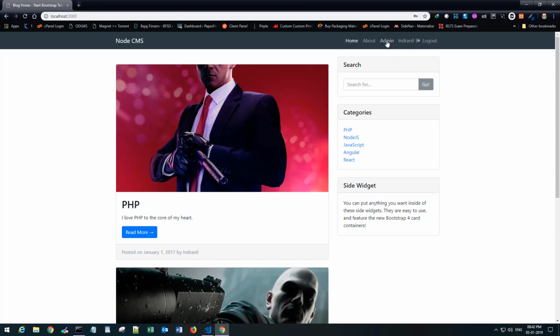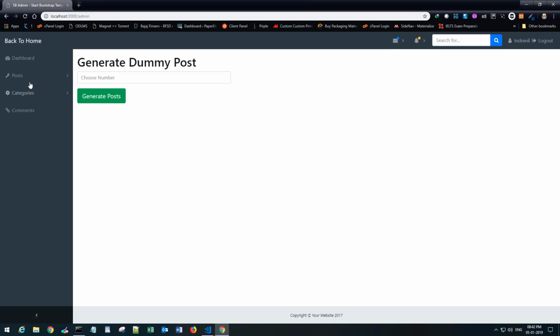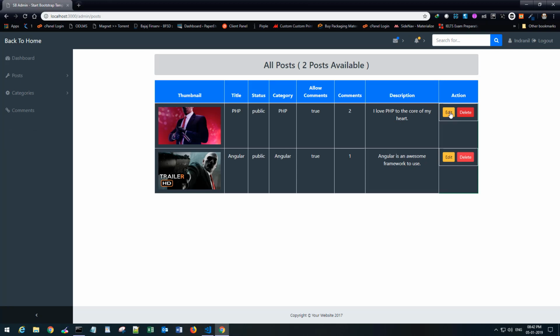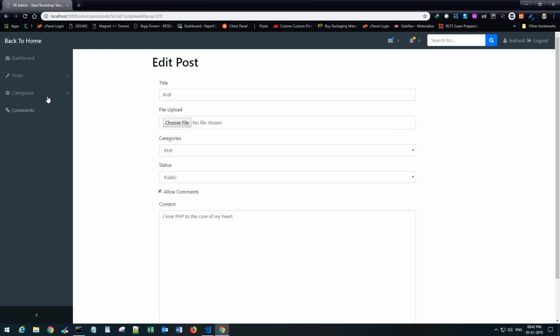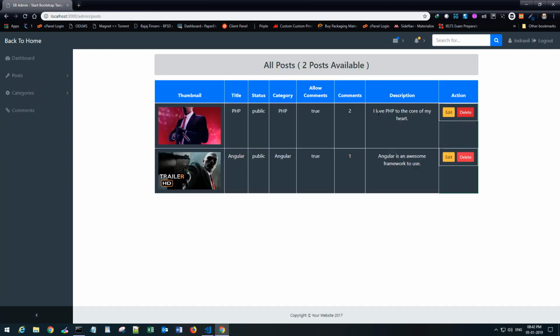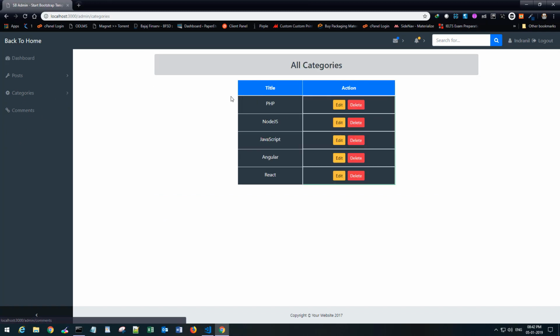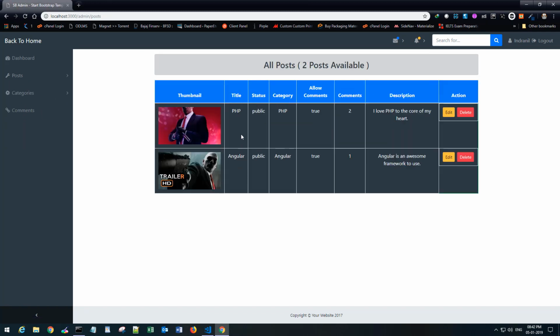Okay, and if you click on admin, you can go to this admin section where you can see all the posts, you can edit them, like this, or you can delete them if you want. You can create new categories and assign posts to different categories, and you will also see how to display the categories and number of comments here, and how to link different documents, because in MongoDB we